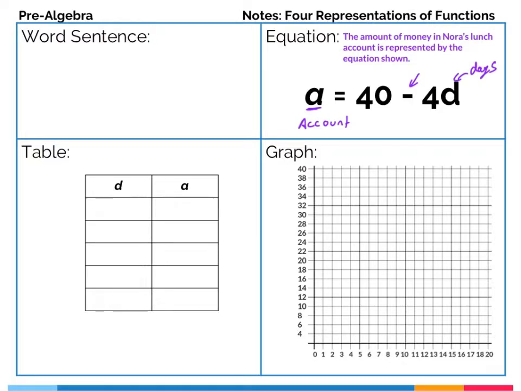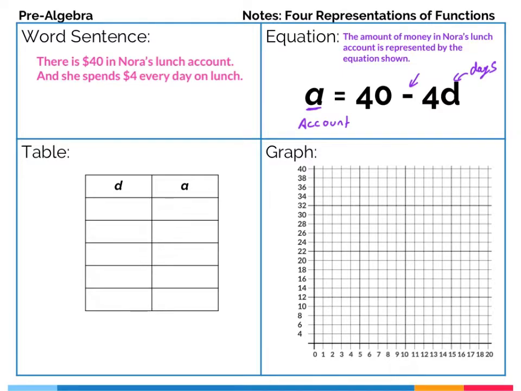So let's put that in a word sentence that we can all understand. So we're going to say that there is $40 in Nora's account at lunch, or Nora's lunch account, depending on how you want to write it out. And she spends $4 every day on lunch. So there we go. So we know that Nora spends $4 every day at lunch, and that's represented in the total amount of money in her account. So now that we've got the word sentence and the equation, we need to make the table